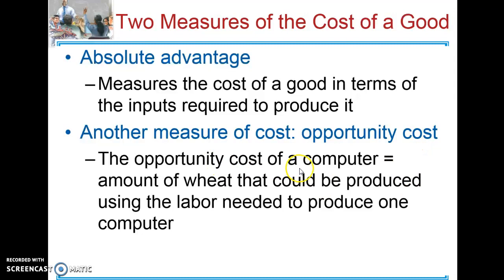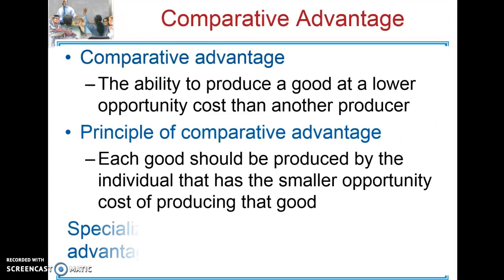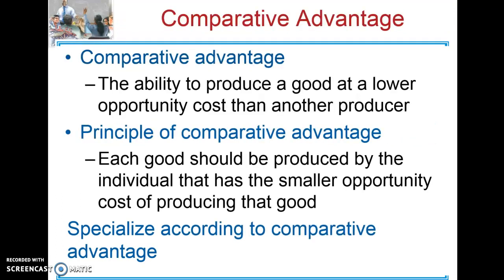The opportunity cost of a computer is the amount of wheat that could be produced using the labor needed to produce one computer. So in other words, if you were going to produce wheat instead of a computer, or computers instead of wheat, what would you be giving up? So comparative advantage means that a country would have the ability to produce a good at a lower opportunity cost